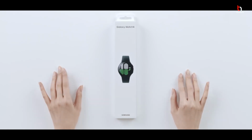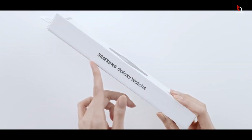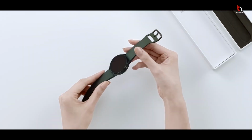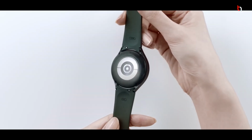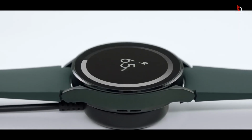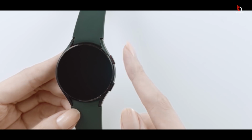Samsung has finally launched two new smartwatches, Galaxy Watch 4 and Galaxy Watch 4 Classic, and both these smartwatches run on Wear OS and use the same processor, memory and storage. They even feature the same activity and health tracking features, but they do have some key differences that you might not